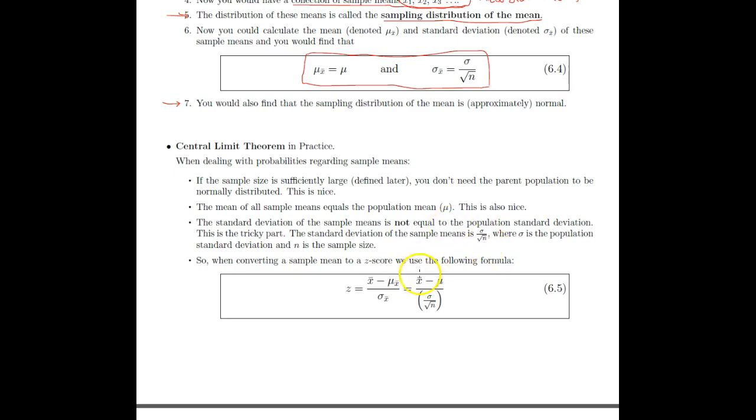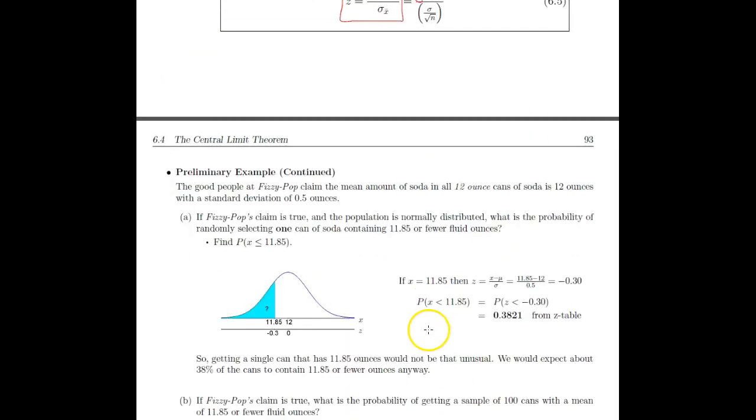Okay, so we had our normal z-score formula that looks something like this, right? Some data value minus the mean over the standard deviation. Now this looks a little bit different because our data values are now sample means, right? So this x bar is a sample mean, which in our work is more like a data value. And then mu is the population mean. And then instead of dividing by sigma, we have to divide by our new standard deviation, which is sigma over root n. Okay, so let's do some examples.